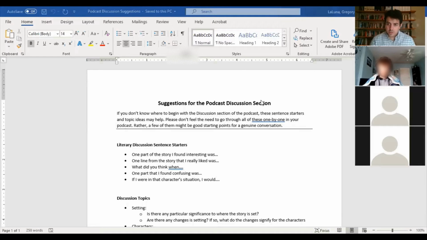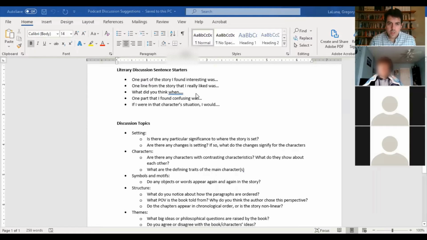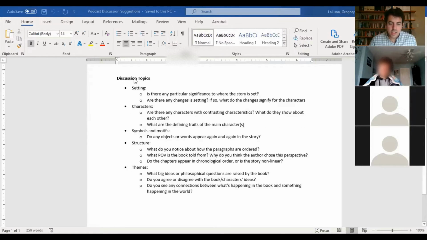Okay. So for the discussion section, if you're really stuck and you just don't really know what to say or what to ask your partner, here are some things that might help. And I split this into two parts. First is some sentence starters. Kind of think of these like templates, just ways to get the ball rolling with the discussion. Things like, one part of the story I found interesting was, and then you just fill in the gap with your own ideas. So there are these, and then the second part of this is discussion topics. So these aren't specific stems, but they're just broad ideas that are worth addressing that'll get to some